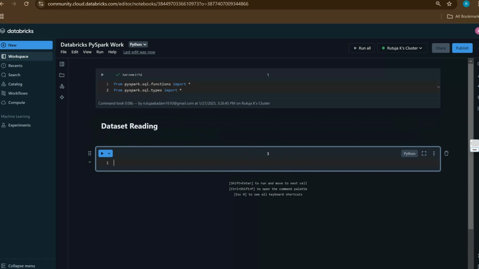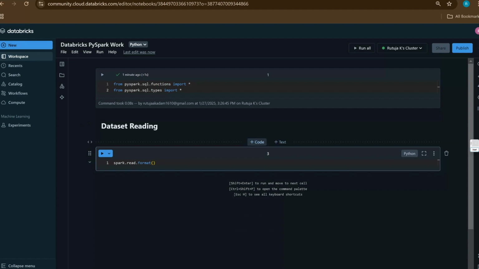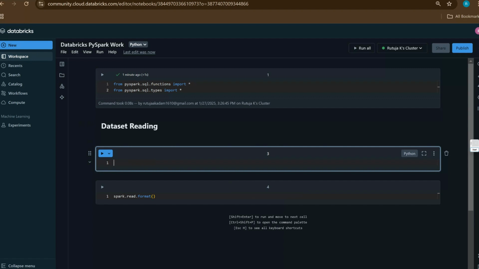Okay, fine. So now we want to read the data, right? For that we have the command spark.read, then we need to enter our respective file format. Right now we know that our format is .csv, right? Before this, I'll click on this plus code. Let's say you have forgotten the path where we uploaded our file, right? Then you have one command as